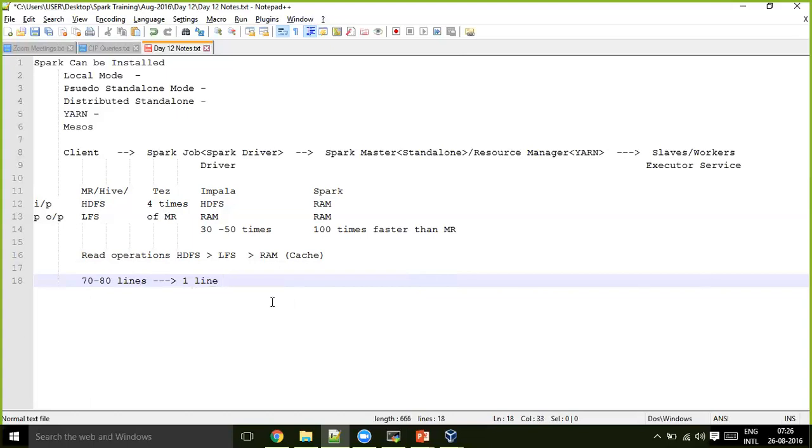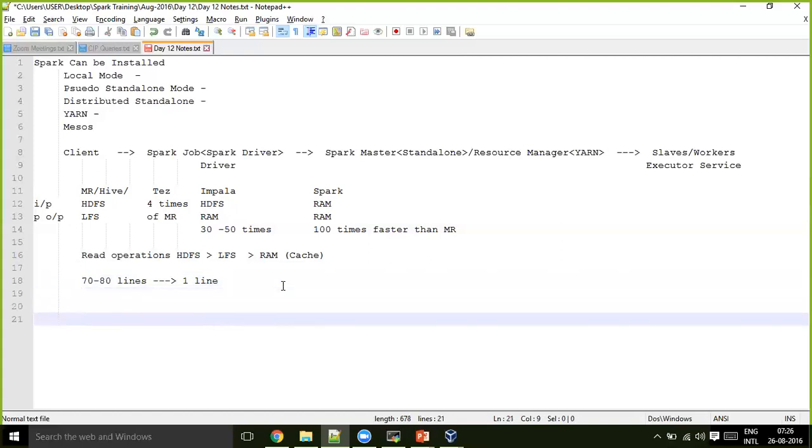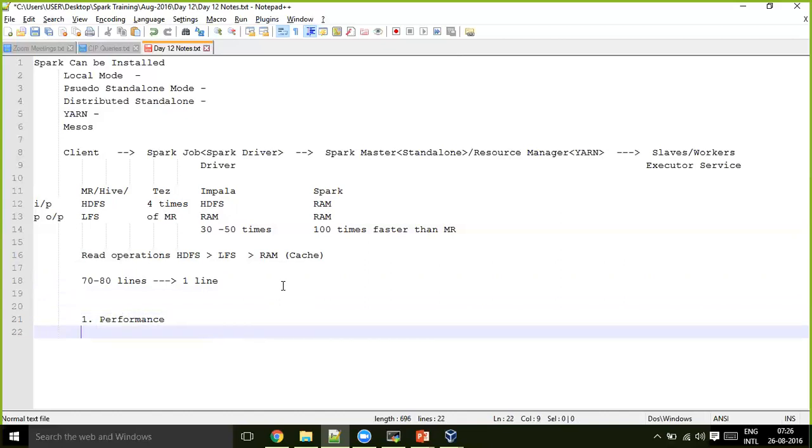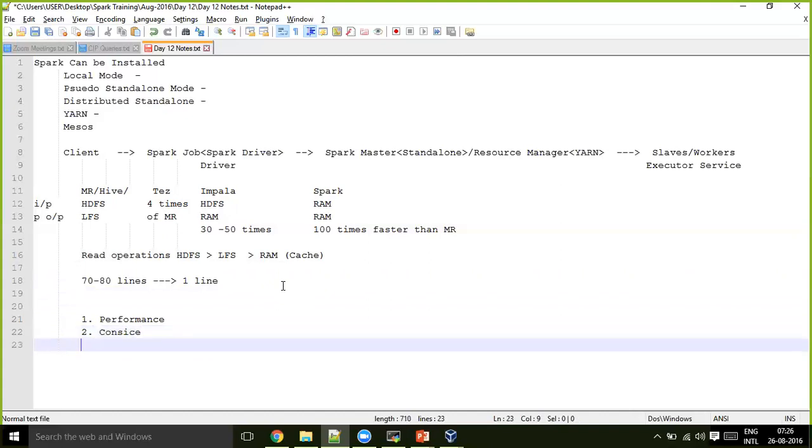This saves lots and lots of development effort, and it's so clean and concise. So these are the two points: one is performance, and the second is that it is clean and concise, and development will be faster.